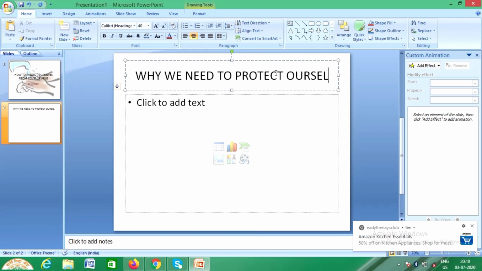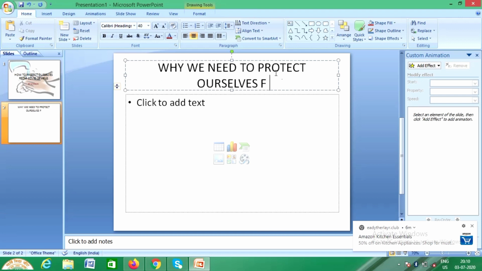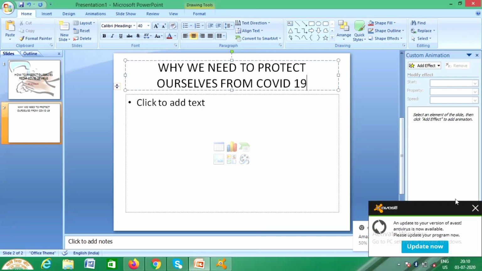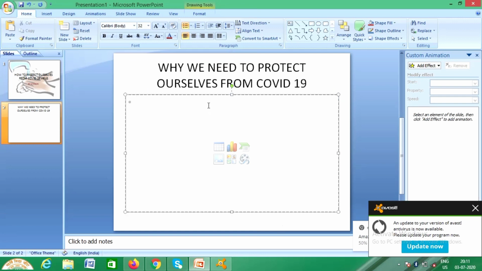So why we need to protect ourselves? There must be a reason, isn't it? The reason is that COVID-19 is increasing in a very high range. So you need to prove it. You can give a chart here, you can give a spreadsheet to show the data, how it is increasing day by day. So just to make everyone aware, you can add